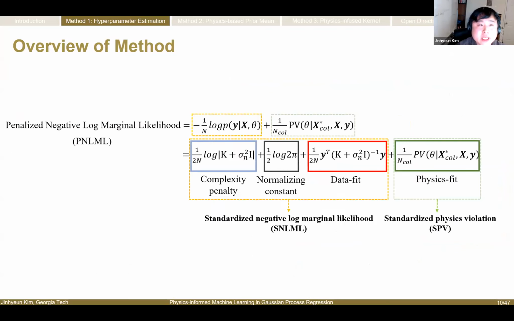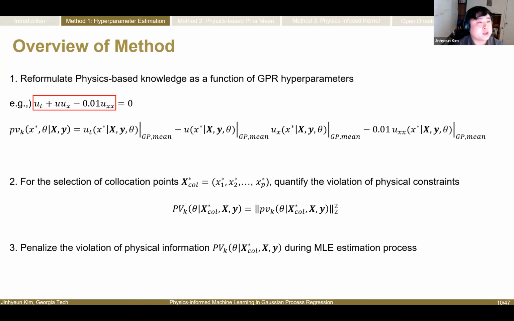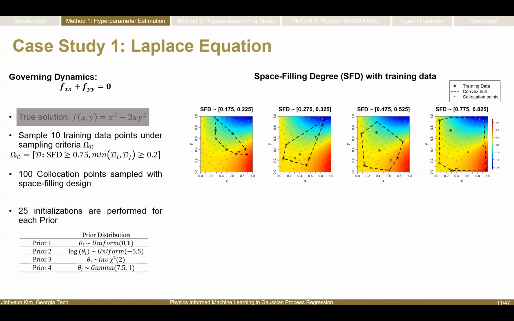And this is the example. In this paper, we only consider the linear PDE, but for this one, I chose the example of a nonlinear PDE, because I wanted to show whether we can calculate the physics violation in this case as well, if we only consider the GP predictive mean. Right. So here, how would you compute the covariance kernel? We cannot compute the covariance kernel in this case because it does not follow the Gaussian. Fine. Thank you.